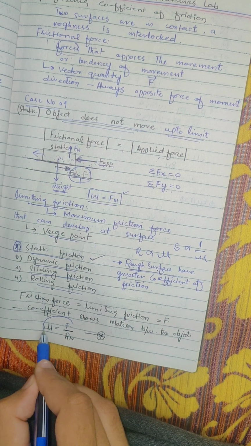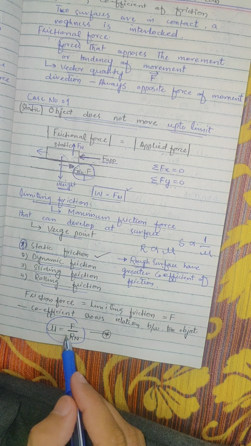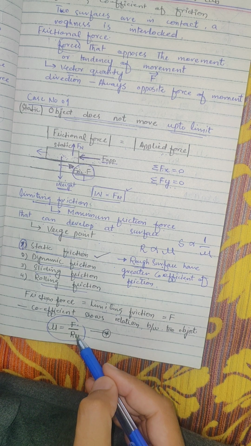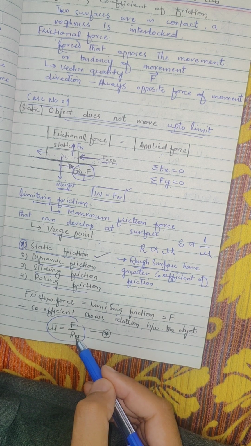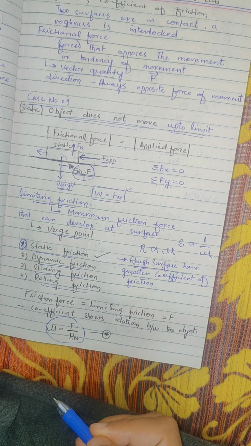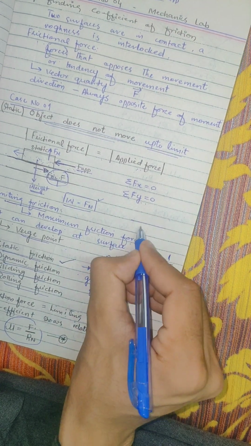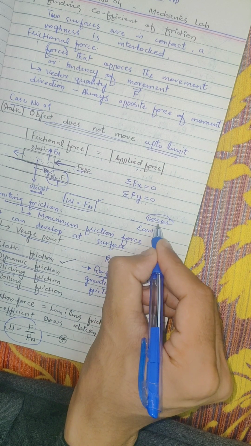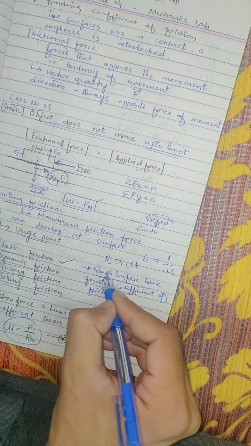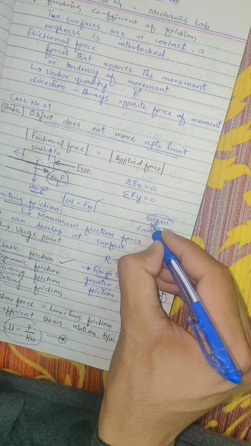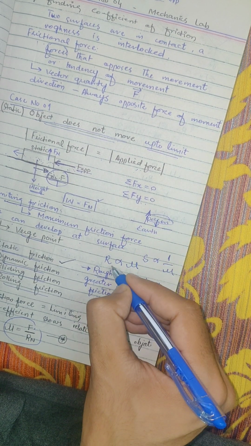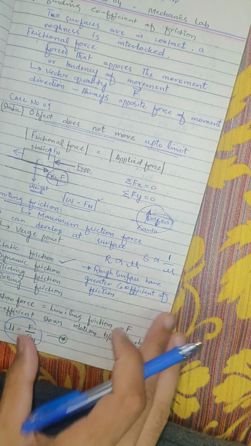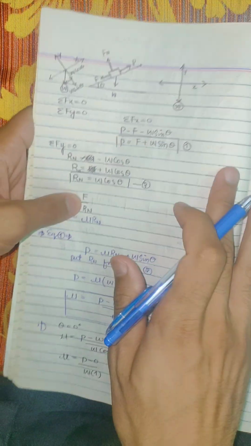So the equation for the coefficient of friction is equal to the frictional force divided by the normal force, or the frictional force divided by the weight, because the weight is always equal to the normal force. Say this is the earth and this is a person. This person has a weight, so the earth applies the same force on that person in the opposite direction. That is why the person is in a static position on the surface of the earth. Now the second condition is